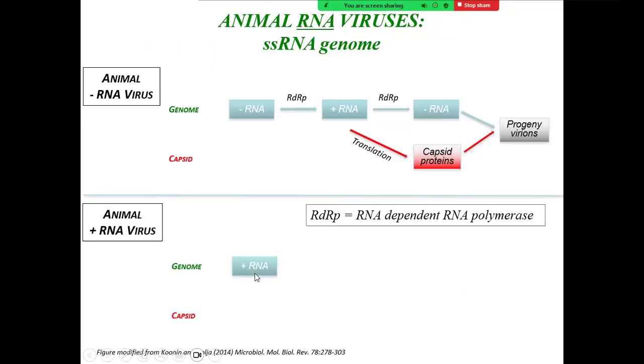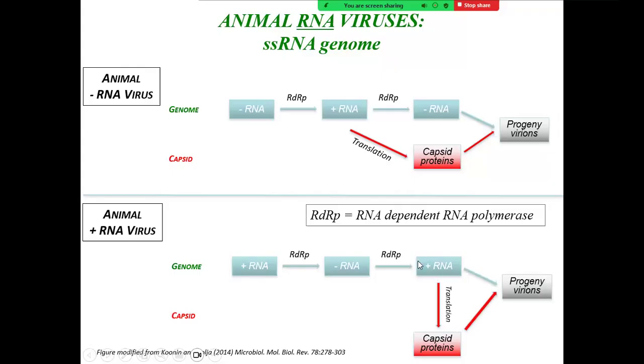For a positive single-strand RNA genome, you make the negative antisense single-strand RNA and use this as a template to make more of our genomic RNA, the positive single-strand RNA. And then you can read this positive sense RNA, or this one here, to make viral messenger RNA, or use it as viral messenger RNA to translate into the capsid viral proteins, which then can get together with the replicated positive single-strand RNA to make the new progeny virions.